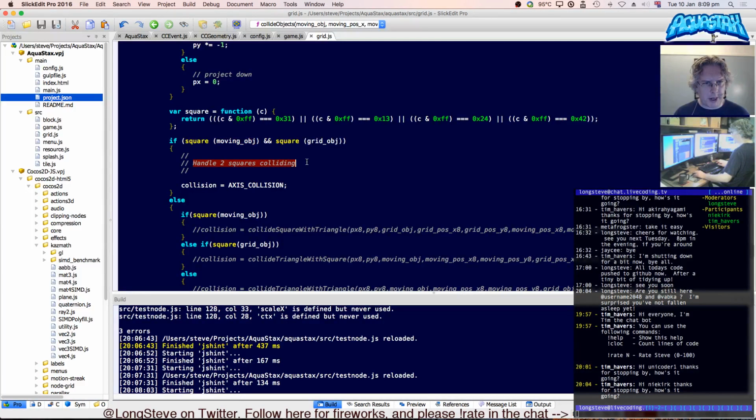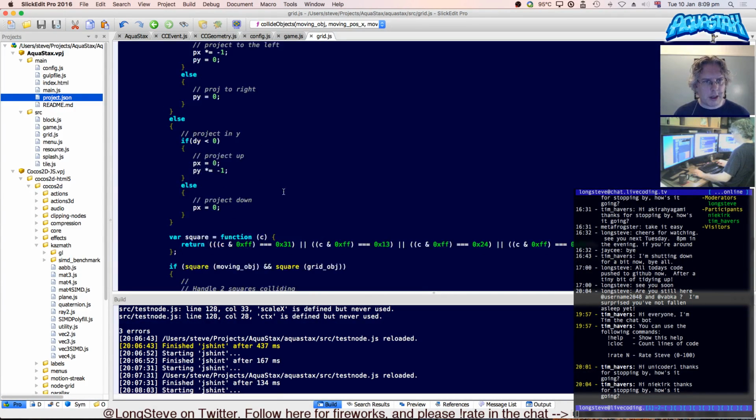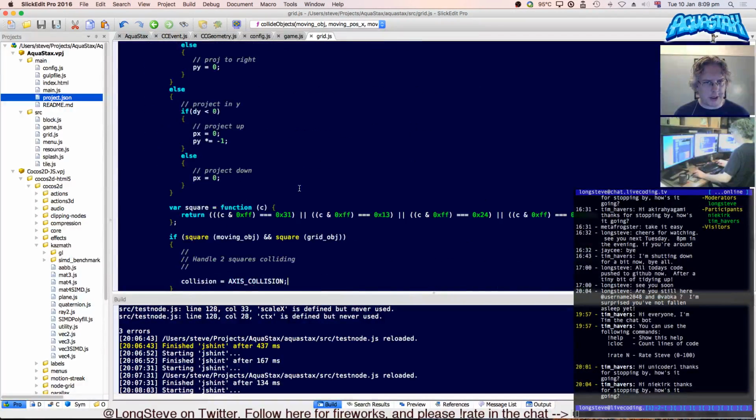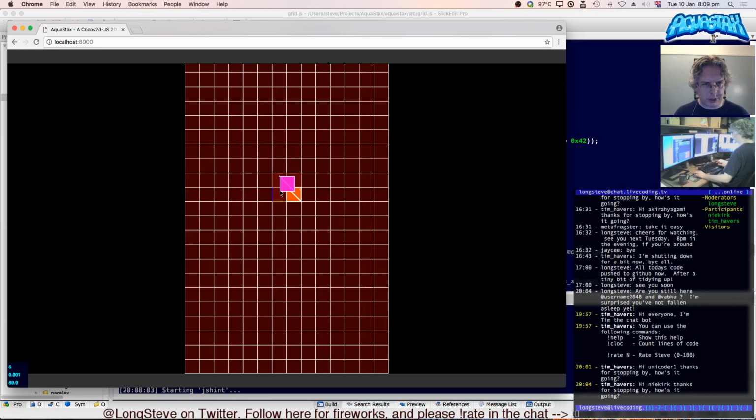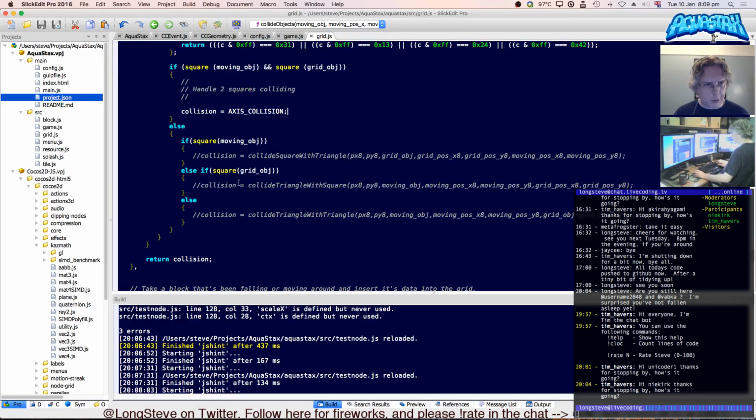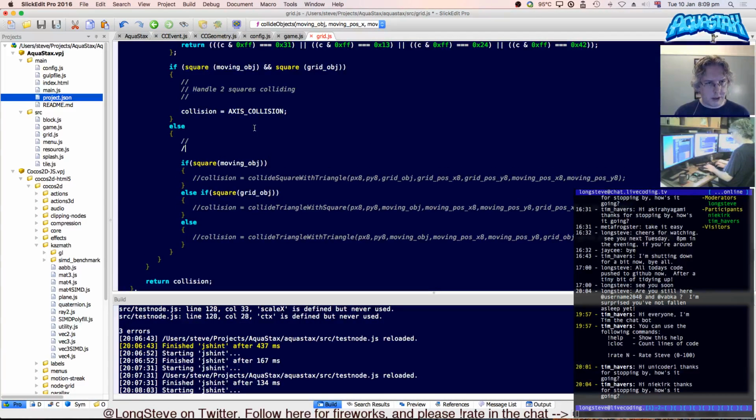And if they're both squares, we know that because we've hit this point, the bounding box testing has succeeded. So there's a collision that's going to occur. And if we get to this point, then we know that one of them isn't a square. So we're going to have to handle triangle